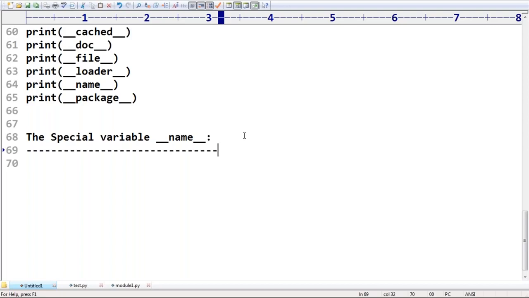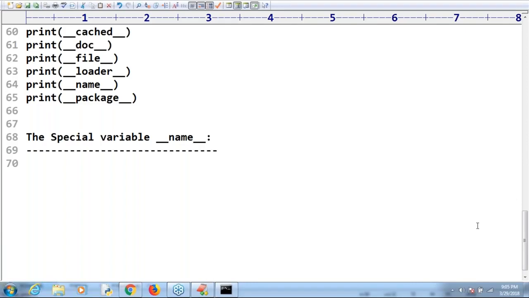Yes, main method, because its value is nothing but main. I'm not talking about private or public and so on. What is the meaning? For which purpose can we use this one?